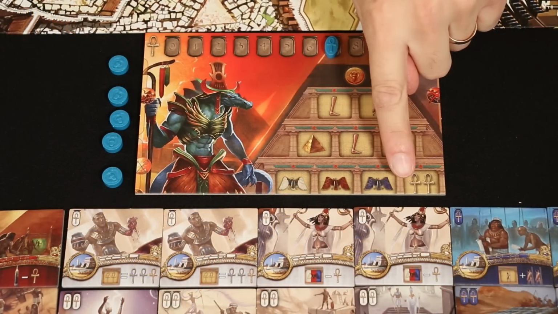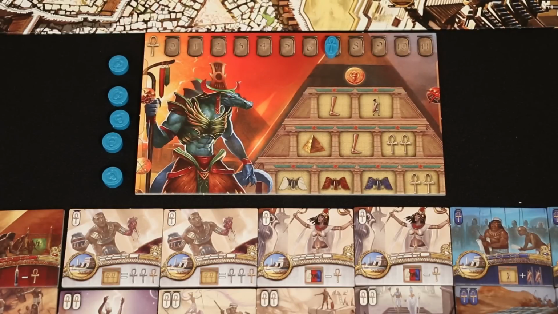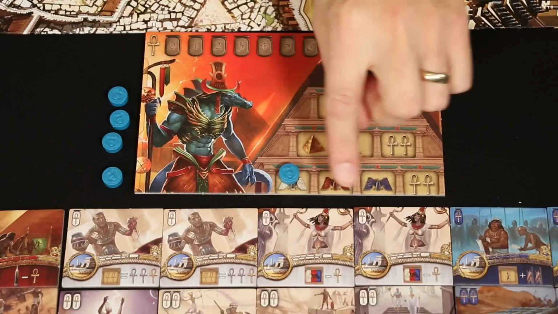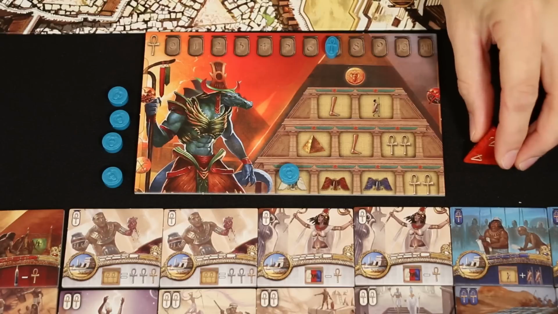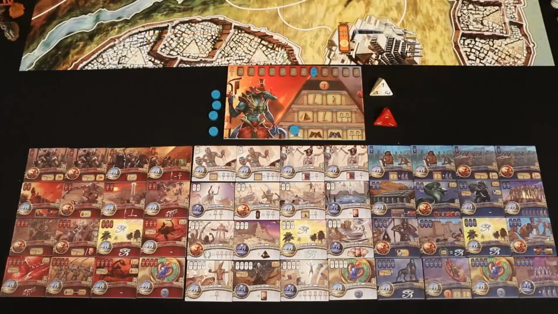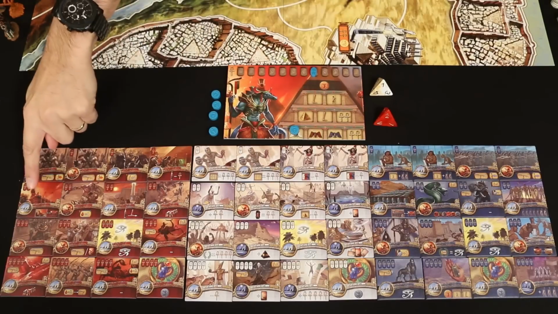These 3 actions allow you to buy a single power tile from one of the matching colored groups. For example, if I placed my action marker here, I would be able to purchase a white power tile. In order to buy a power tile, you must have a pyramid in your city of matching color and with a level at least as high as the tile you want to purchase. At the start of the game, I had a level 2 red pyramid and a level 1 white pyramid. So I could buy any of these level 1 white tiles or any of these level 1 or level 2